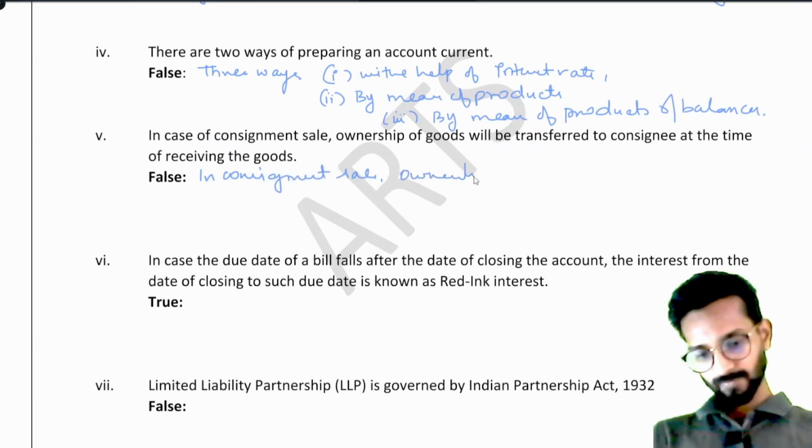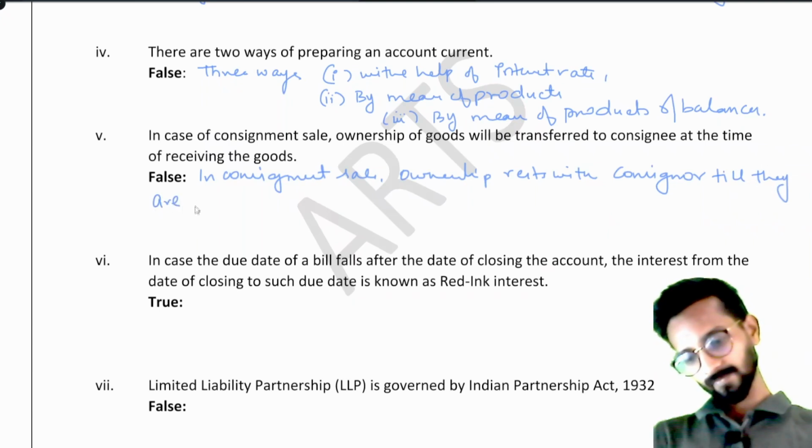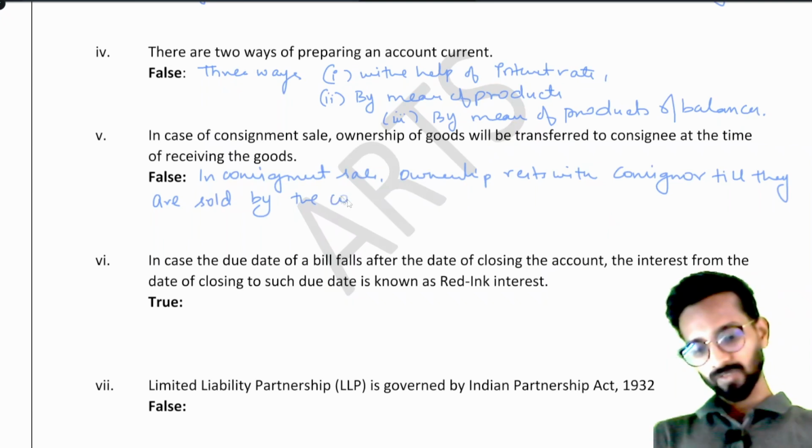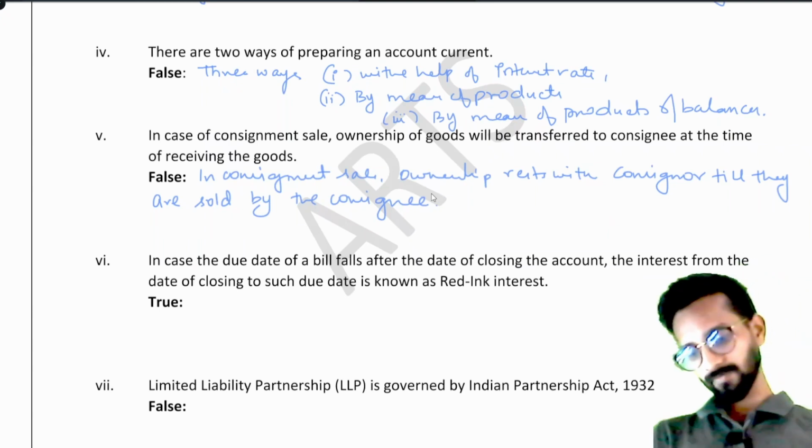ownership rests with कंसाइनर. ओनरशिप कंसाइनर के पास ही रहती है. कब तक? जब तक till they are sold by the consignee to the third party. समझे? जब कंसाइनी फाइनली किसी को बेच देगा तब आप बोल सकते हो कि ओनरशिप ट्रांसफर हो गई. ठीक है, चलो